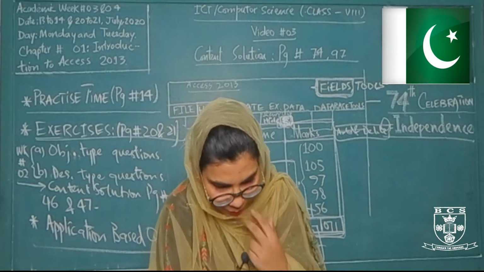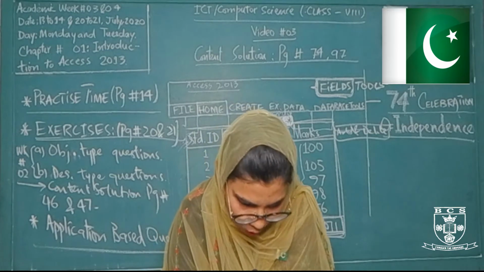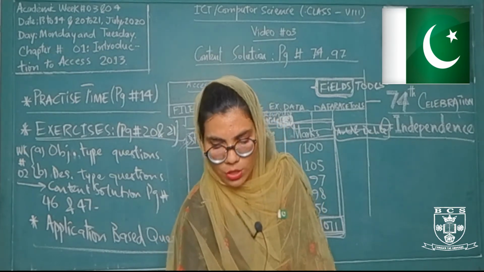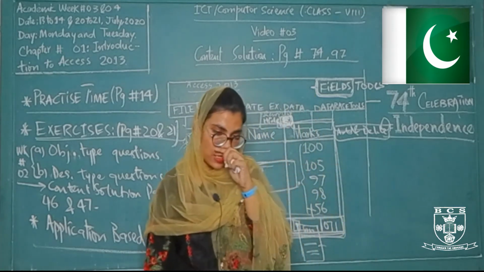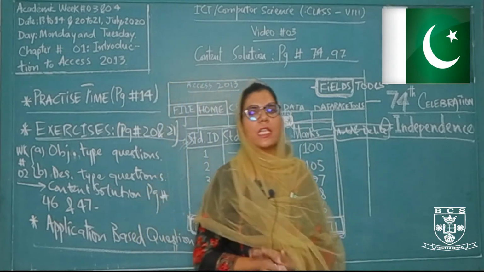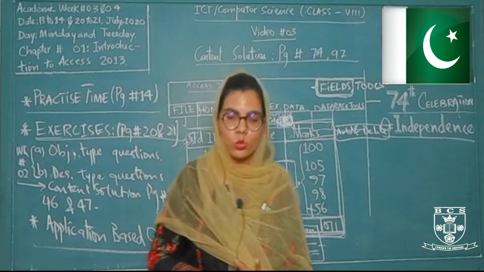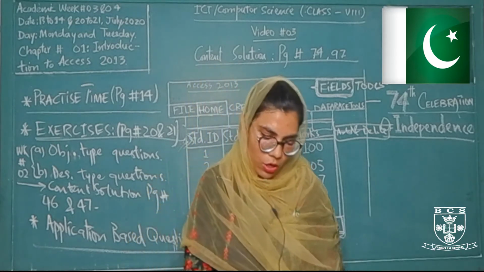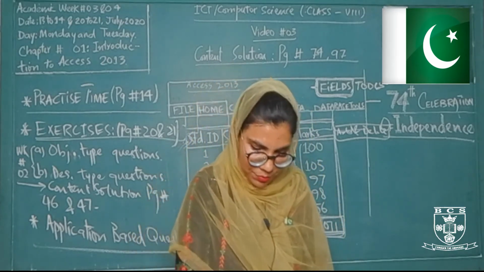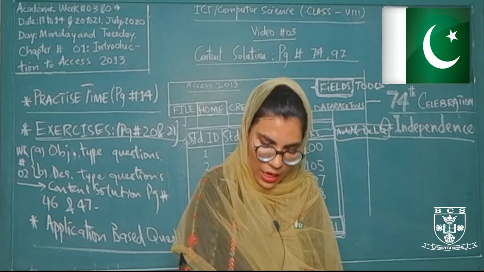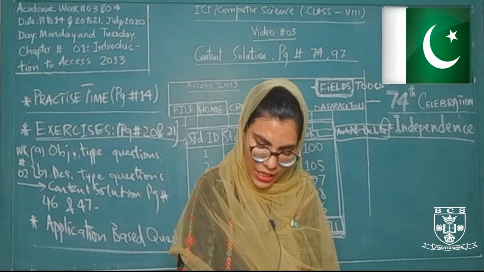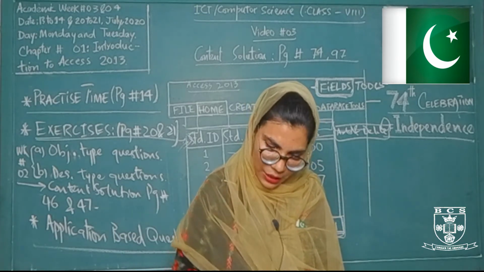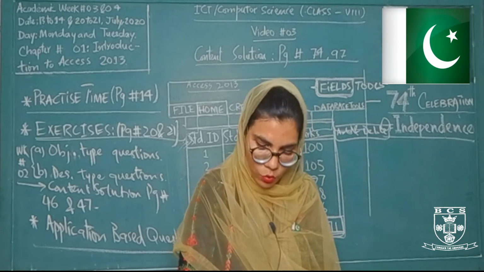Requirement number 1, can item number be taken as a primary key? If no, why not? Item number को क्या हम primary key consider कर सकते हैं? अगर नहीं कर सकते तो क्यों नहीं कर सकते? What is a primary key? In the last class, we have discussed what is a primary key. A primary key is basically a field or two different. It may have more than one field, and it is used to identify the records, the different records uniquely. So item number can be taken as a primary key because we can identify each record like sharpener, eraser, pen, pencil, clips with the help of its different item number like 101, 102, 103, 104 and 105.